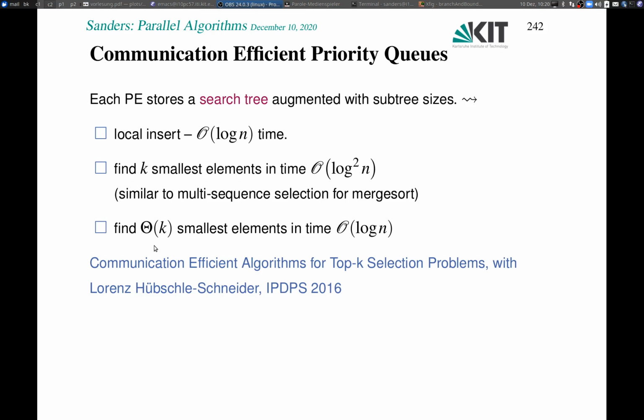And that's basically an interesting open problem depending on the application to find out how imbalanced that can be and how do you rebalance if the imbalance gets too big. But my intuition would be that this adaptive rebalancing would be much more communication efficient than eagerly moving everything around